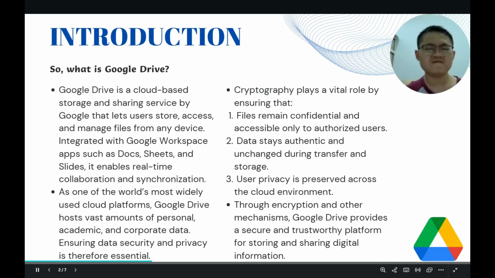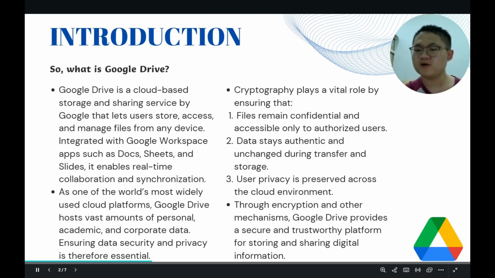Okay, so now let's start things off with an introduction on Google Drive. So, what is Google Drive? Google Drive is a cloud based file storage and sharing service developed by Google that allows users to store, access, and manage their files from any device with an internet connection. It integrates seamlessly with Google Workspace applications such as Docs, Sheets, and Slides, allowing real time collaboration and synchronization between